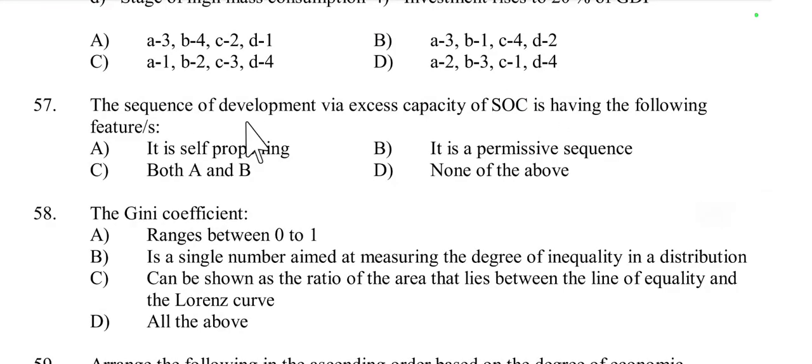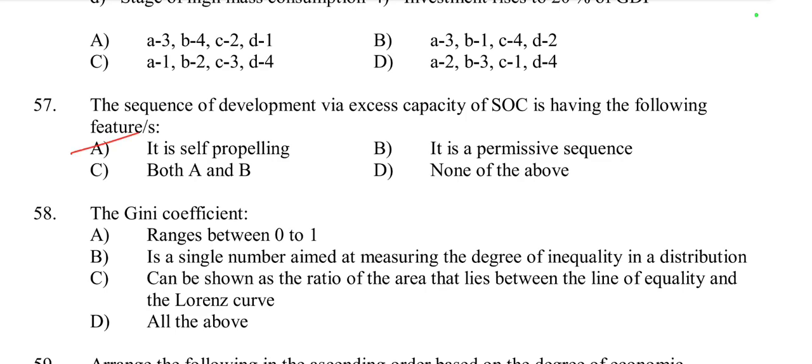Then question 57, the sequence of development via excess capacity of SOC is having the following features. Excess capacity of SOC means social overhead capital. One is, it is self-propelling. Yes, the development process driven by excess capacity is self-sustaining, meaning that once initiated, it tends to continue and expand on its own due to the increased productivity capacity and efficiency it creates. So option 1 is